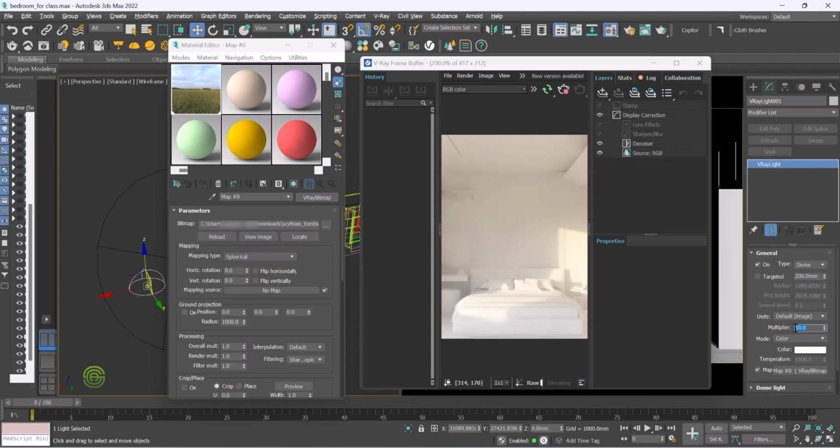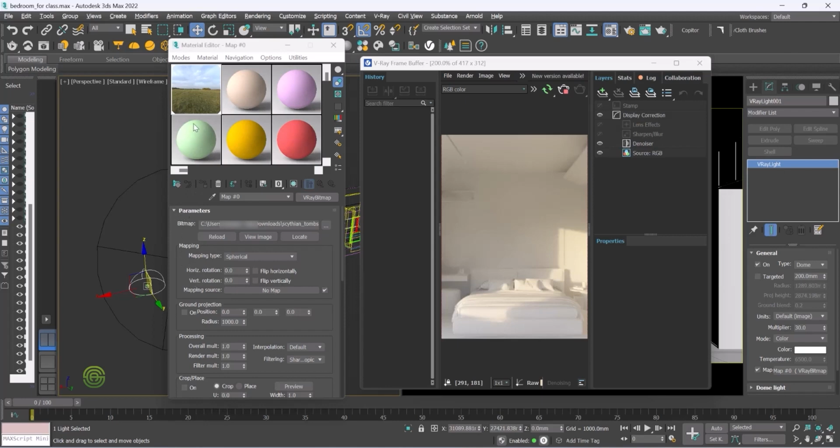Now just increase this or just make it as 30 to make it more realistic. So whenever you are adding a map, that time just keep the multiplier as 30 as a default, as a standard. So it will create a realistic kind of effect. So once you have dragged this map over here, now the thing is